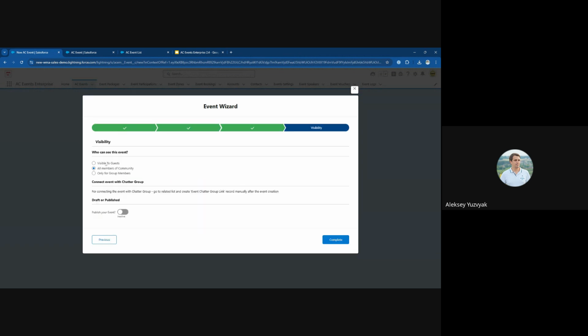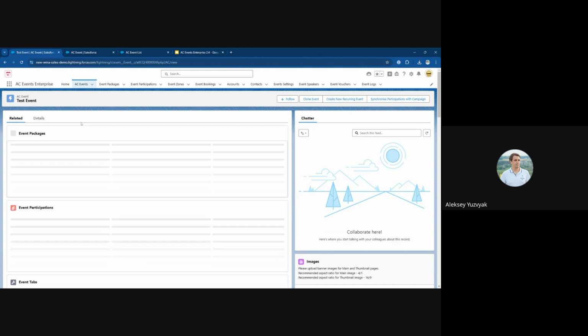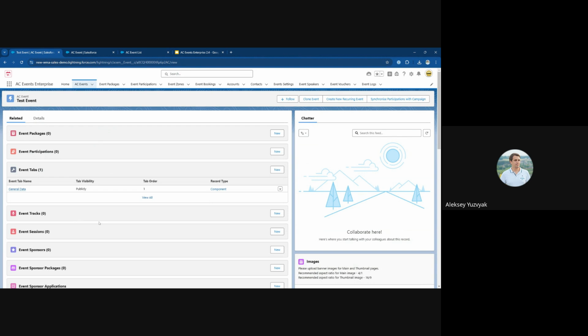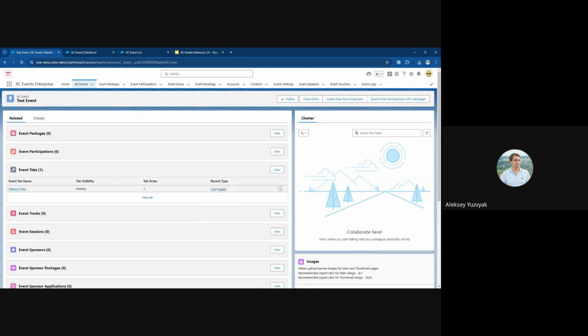Save and Next. Here I can define who can see this event, and now it's radio button options. And if I'm fine with it, I can publish it. That's it. If I need to provide additional details about this event, like sessions, tabs, anything else, I can go into related tabs right now and fill all the data that's needed to be used on this event. That's about the internal user, but let's go